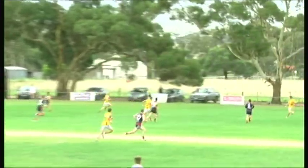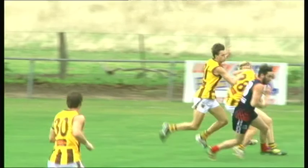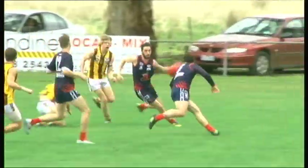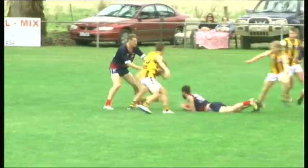Found Perrott on the outside, and he goes with his left foot, looking wide for Casey Millian. He's found Grozdanovsky, didn't get a favourable bounce, so it's going to be Anakie who are going to lead to the race for the ball. They just need to pick it up. They're under pressure, they're outnumbered, but they've done well so far. He's been slung out of the contest, and we're talking about...